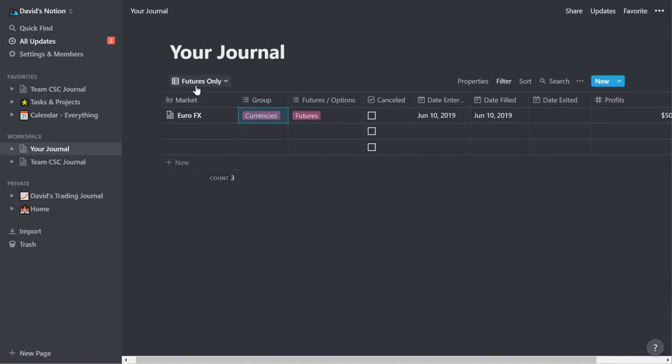And you could then create a view for currencies only or for meats only, or you could create a multiple filter to say currencies that were futures that were winning trades. In other words, it's really unlimited on your filters what you can do. So play around with Notion, and in the next video I'm going to show you some other things about Notion,